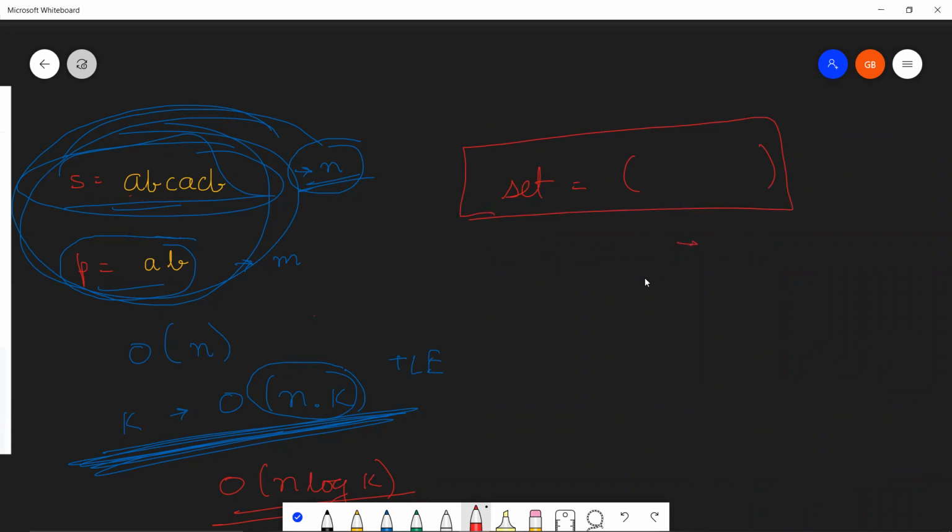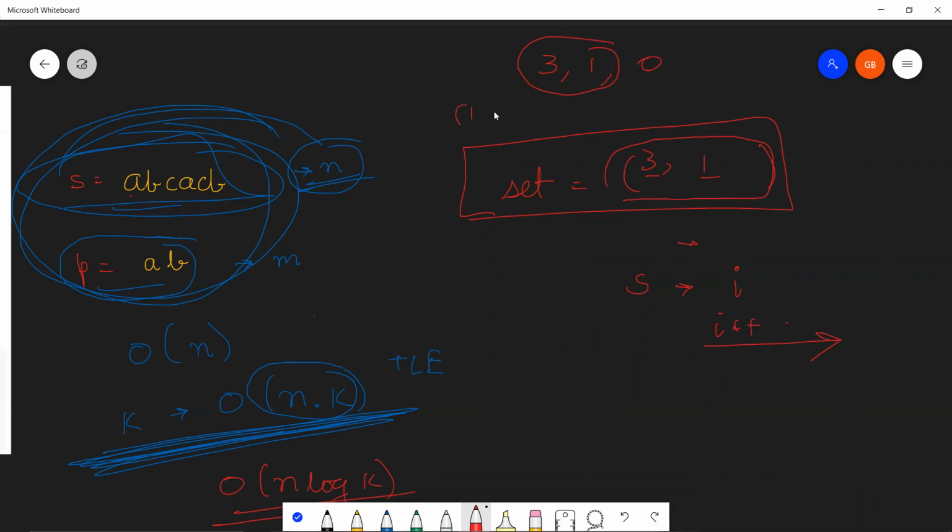So let's say you are iterating on S using some iterator I, and if this I reaches an index which falls in the value of those sets. So let's say the elements in the removable array are something like 3, 1, and 0, and your current valid set only contains 3 and 1. So when I becomes 3 or I becomes 1, you will just do I plus plus. You will move one step forward. No need to worry about that.